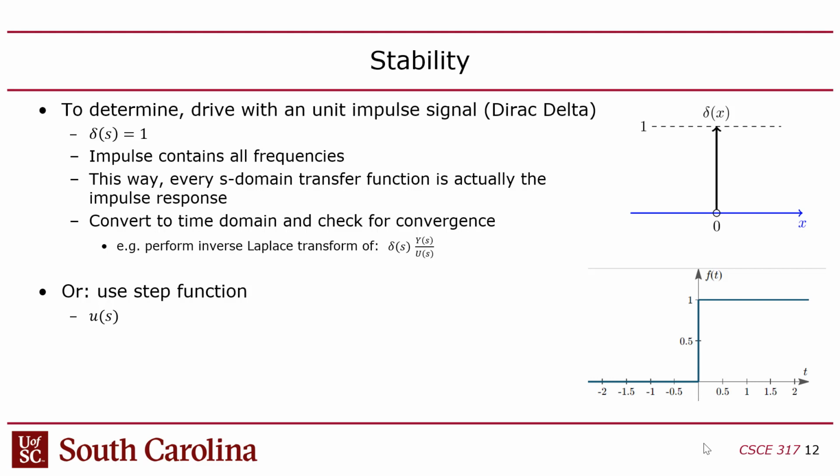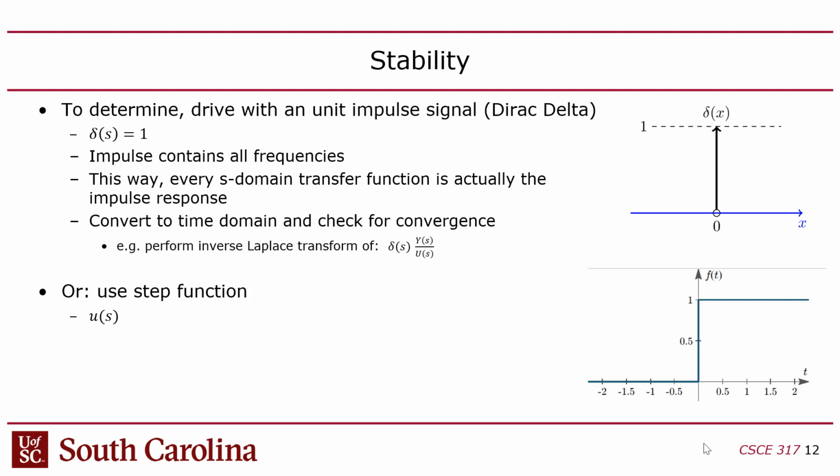So that's what I'm trying to show here. This delta, it's delta of S equals 1. The reason I use delta is because the impulse is sometimes called the Dirac delta function. Okay, so